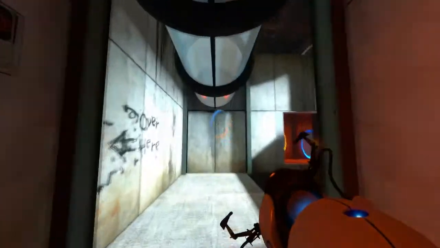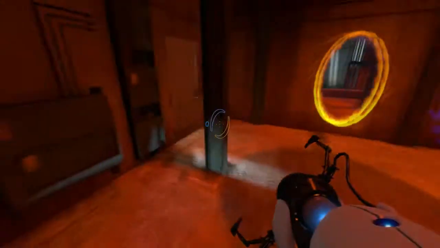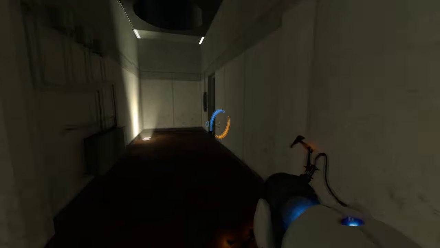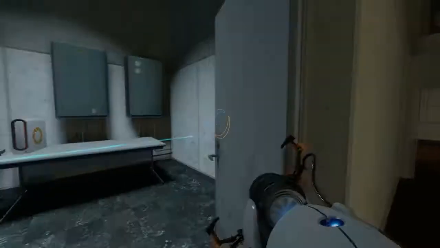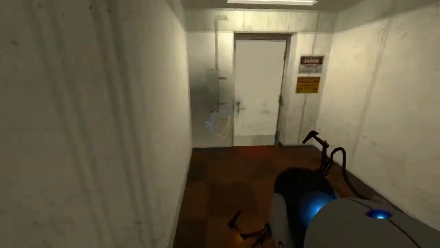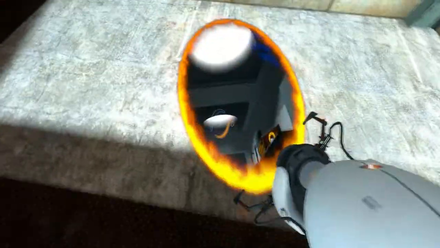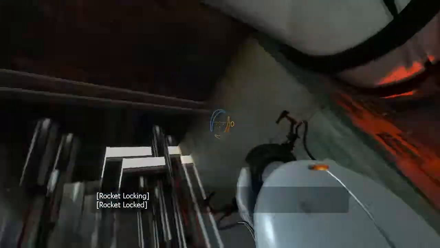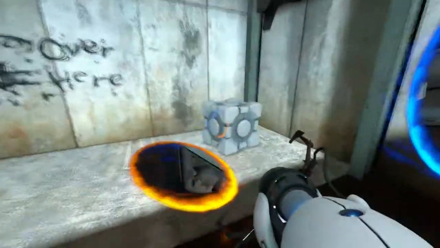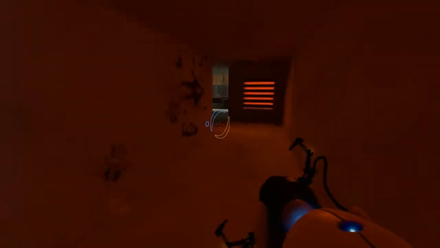So, we need to get up here, and how do we get higher? We need a cube. Now, since I was an idiot, and accidentally got rid of the portal that I had in him, I need to run back. Shoot a good portal on that wall. Back through here. Shoot the yellow there. Stand over it. Woohoo! Bang! And now we have a cube, which we can use to climb up